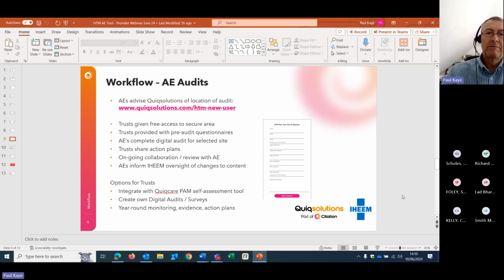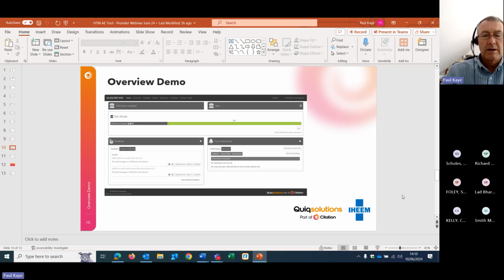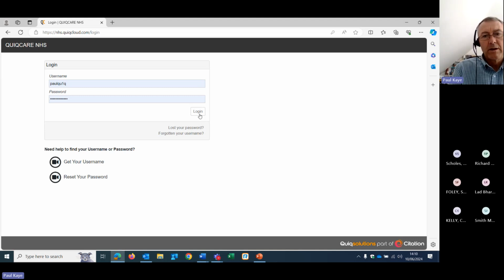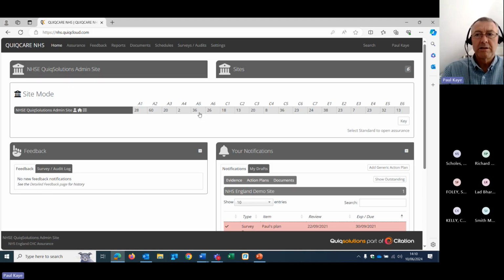So there's not a compulsion for the trust in this relationship to use the self-assessment tool. It can stop at that point, and the AEs they work with can just produce you a report, albeit in digital format, but without linking it into the application. So it's easier for me, rather than to try and describe how it's working, for me to show you this. So apologies if any of you are familiar with the platform already by using the PAM system, but if not, I'll take you through the application and what it does.